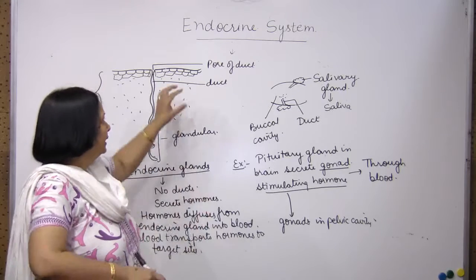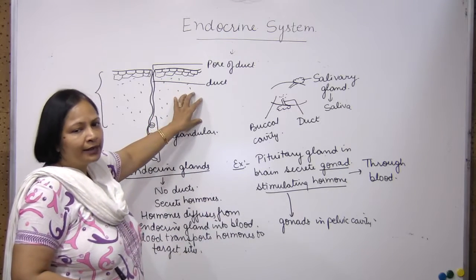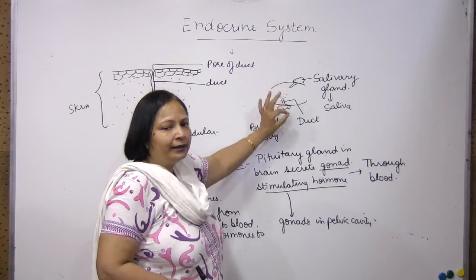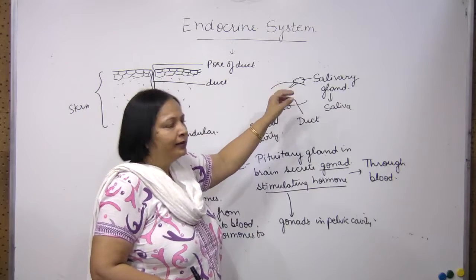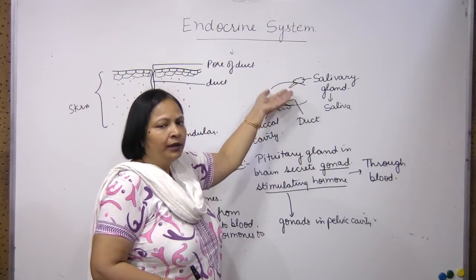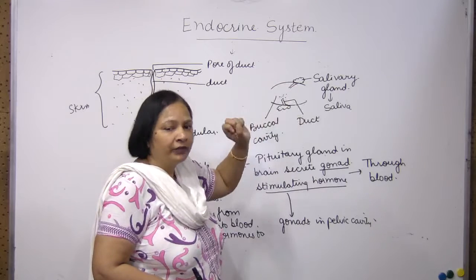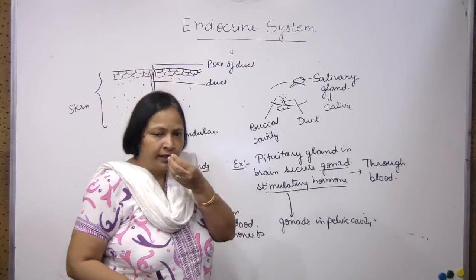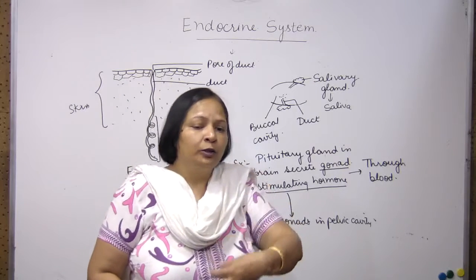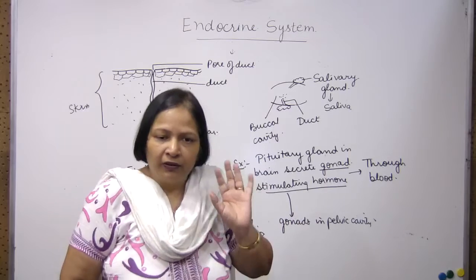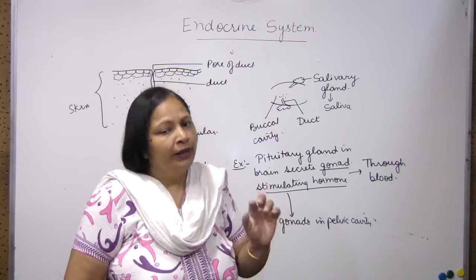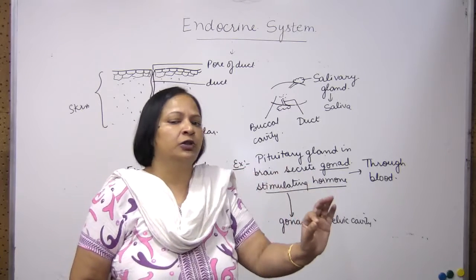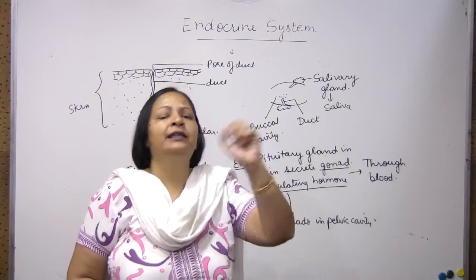Therefore, in case of exocrine glands, the secretions of exocrine glands act at nearby places. For example, salivary glands present in the mouth, and saliva acts in our mouth, in the cavity of the mouth. Right? So it doesn't mean that saliva is secreted in the mouth and through the duct it goes up to the stomach where the saliva acts. No, this is not possible. Exocrine glands have ducts, but they have small ducts. Therefore, secretions of exocrine glands act nearby.